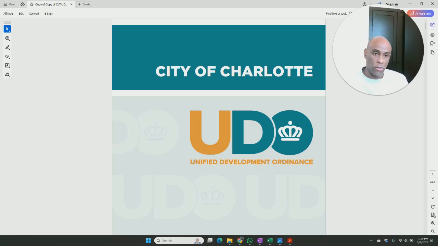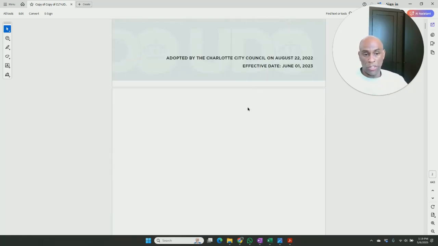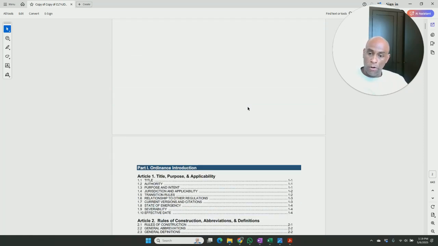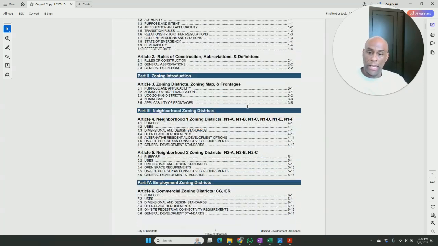First thing you're going to do, Google your city or town and say, City of Buffalo, New York, zoning ordinance, or UDO. There are going to be links that come up. You may have to search through a few of them, but you're going to come up with one of these. So what you want to look for first in your zoning ordinance, we're going to start with the basics first. The first thing you're going to do is scroll down. You're going to look for